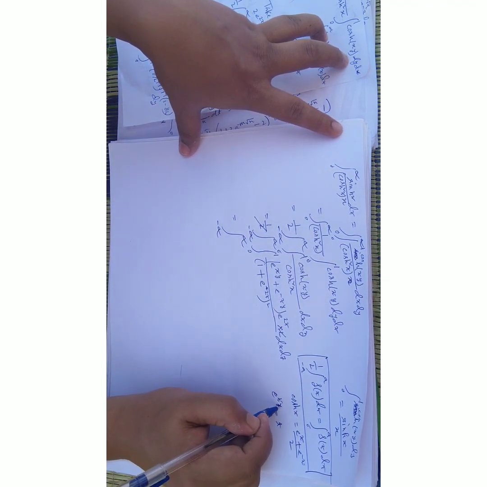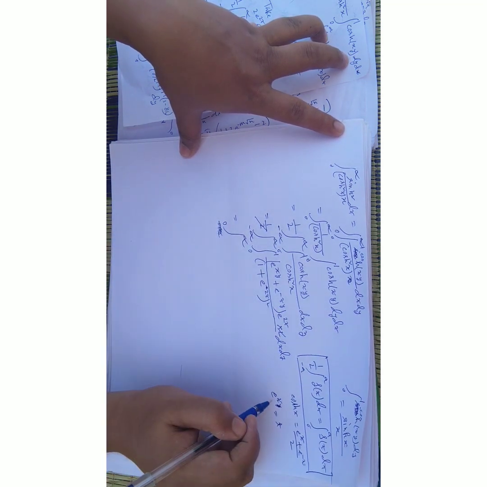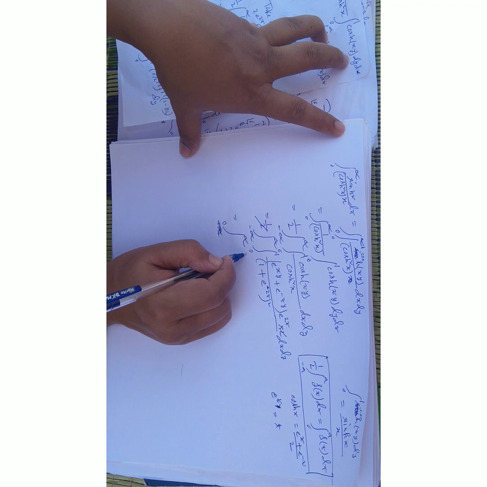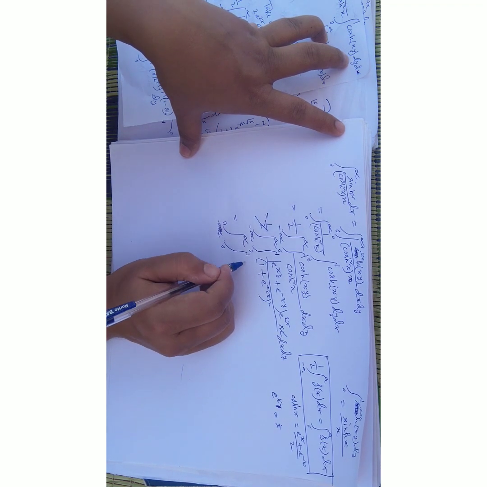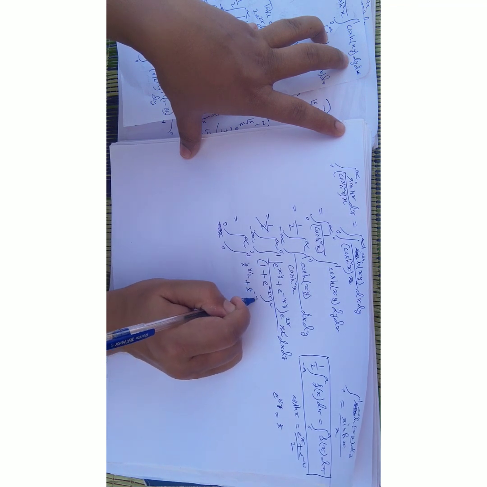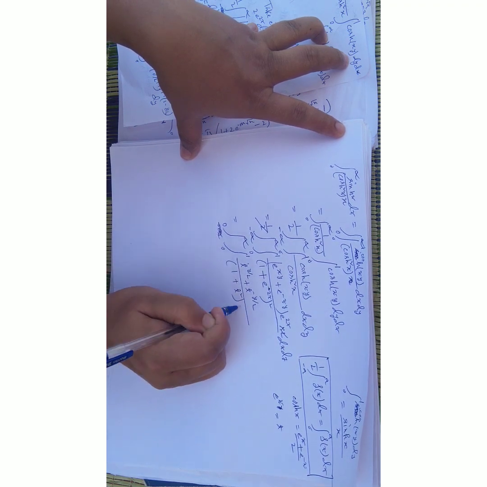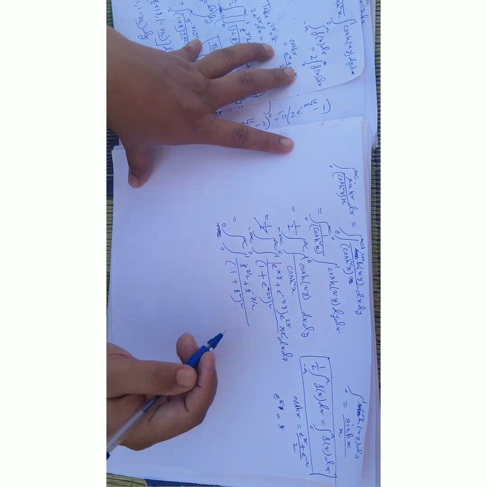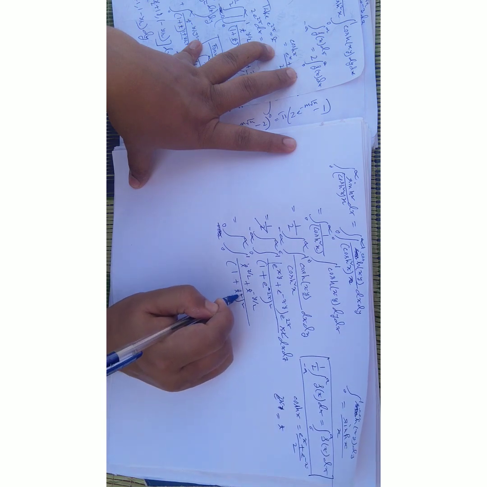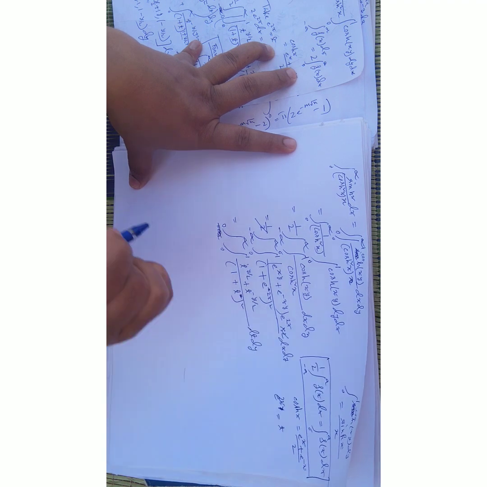Take e to the power x equal to t, so the limit will change. The limit will be 0 to infinity, as e to the power minus infinity means 0 and e to the power infinity means infinity. So this would be 0 to 1, and t to the power y by 2 plus t to the power minus y by 2, divided by (1 plus t square) whole square, where e to the power 2x is equal to t, into dt dy. Okay,